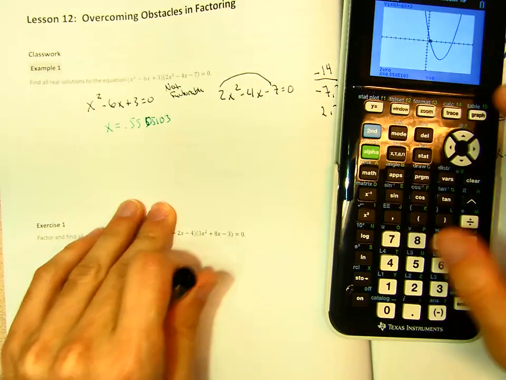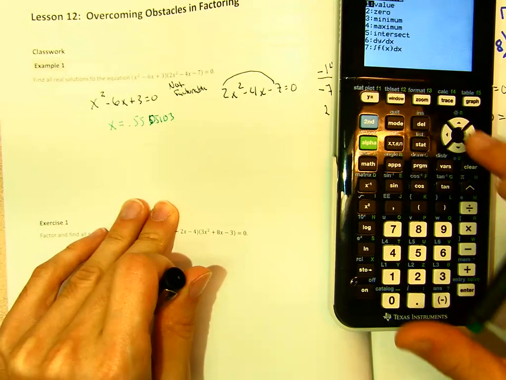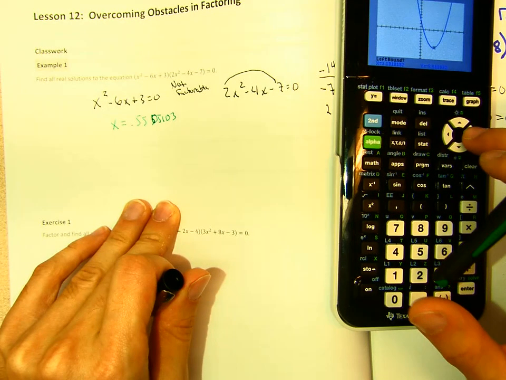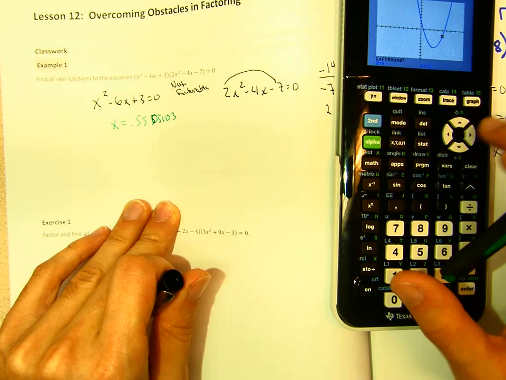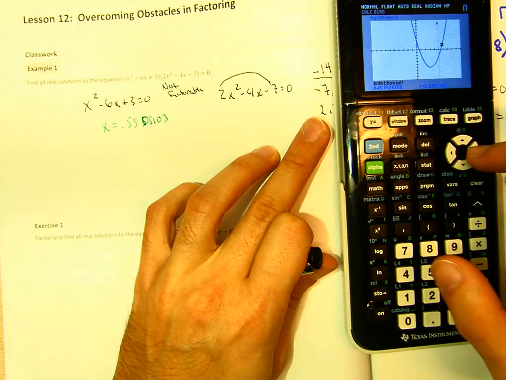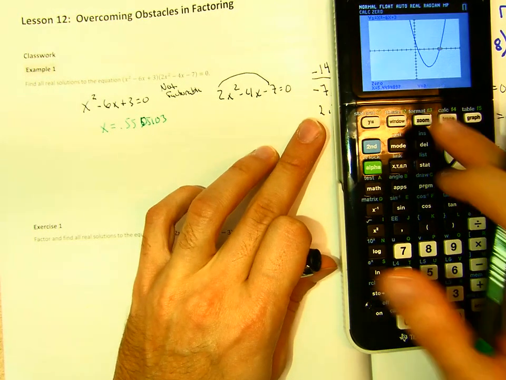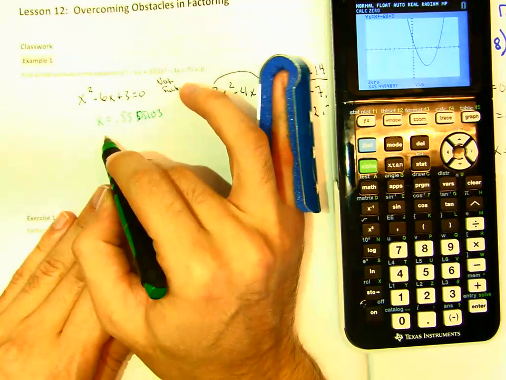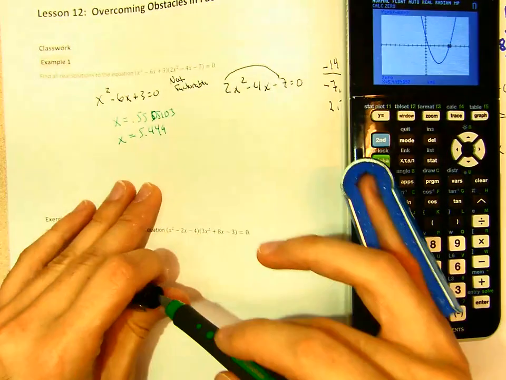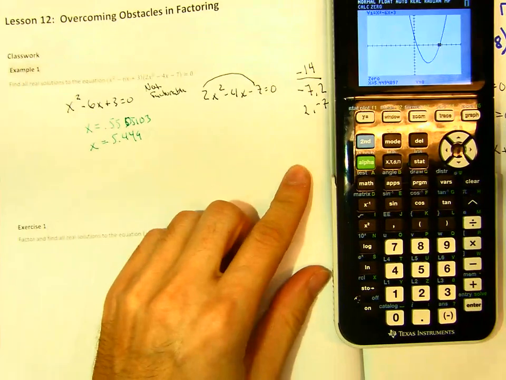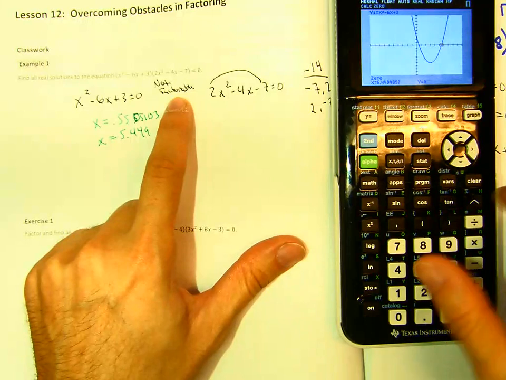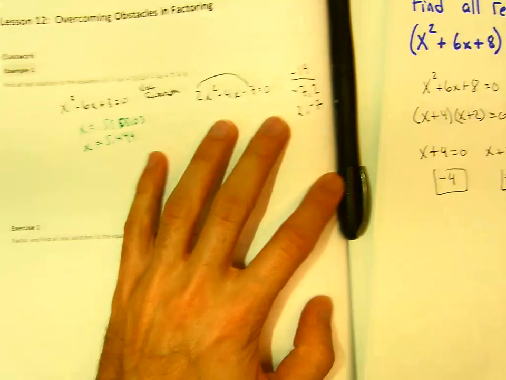And then what's the other one? Let's see, if I go second trace and I go 0, I go to this side. This is my left bound is over here, right? I hit enter, I go right bound, enter, enter, and guess, and then the other x is equal to 5.449, okay? But you see, how do we figure out what the zeros are over here when you cannot factor it? We need to use something called the